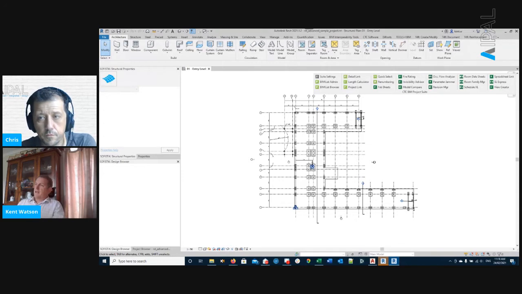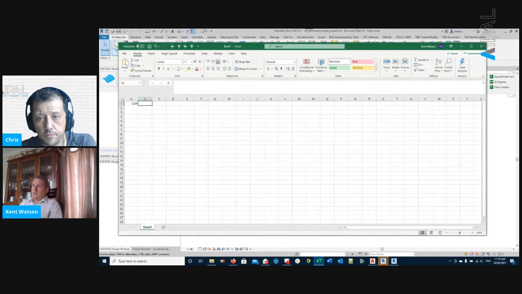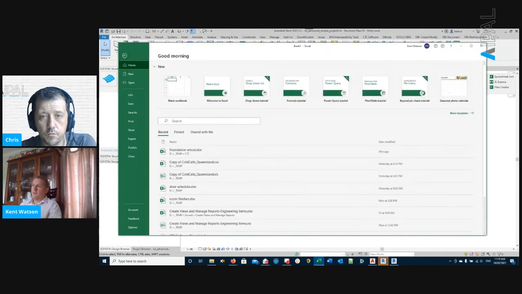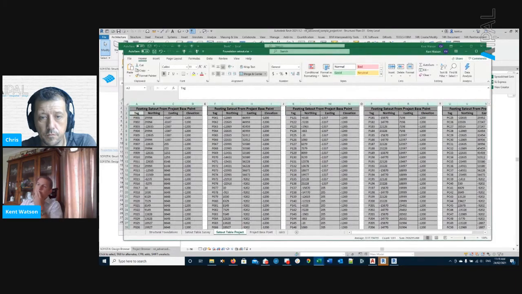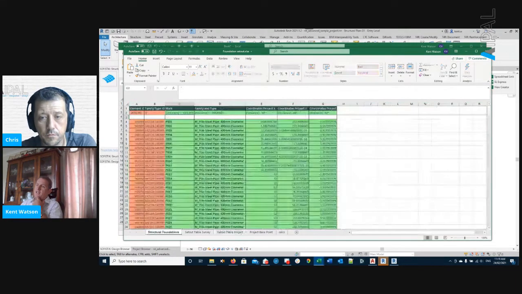So what I mean by set out table is effectively having an easting and a northing value and an RL as well, for the different locations. So the surveyor can then just come along and fill that out. So what I've actually got, and I probably don't have it open in the background here. Let me just see if I can. Yeah, is that it? Yeah, that'll do. So I've got this Excel spreadsheet here,